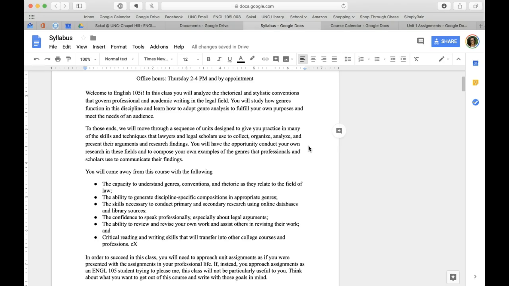And so we're going to be doing stuff that's very different from what your peers are doing in their regular 105 courses. Everything we're going to be doing is going to be focused on the law, and you're going to be working with terms and documents that you have absolutely no familiarity with, which is probably going to be a little bit overwhelming at first. At least it has been for students in the past. But that's okay. Don't feel like you need to know anything about the law at all to succeed in this course. You really don't. We'll go over everything.